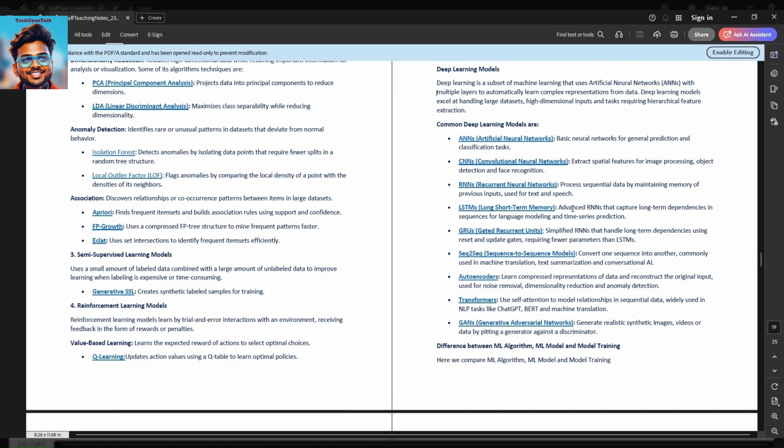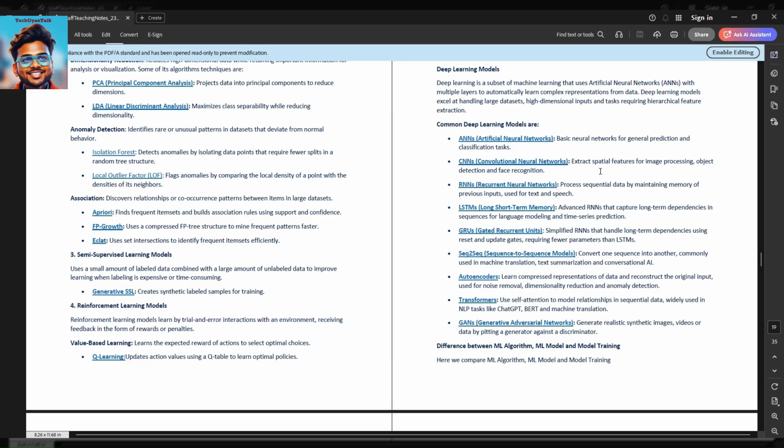Deep learning is a subset of machine learning that uses artificial neural networks with multiple layers to automatically learn complex representations from data. Deep learning models excel at handling large datasets, high-dimensional inputs, and tasks requiring hierarchical feature extraction. Common deep learning models are ANN, artificial neural networks, basic neural networks for general predictions and classification tasks, and CNNs, convolutional neural networks, which extract spatial features for image processing,